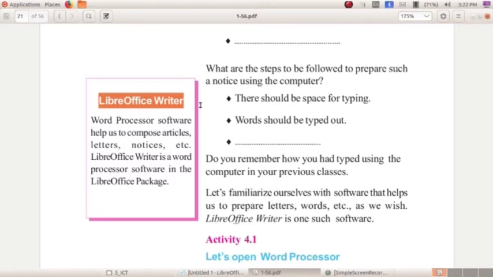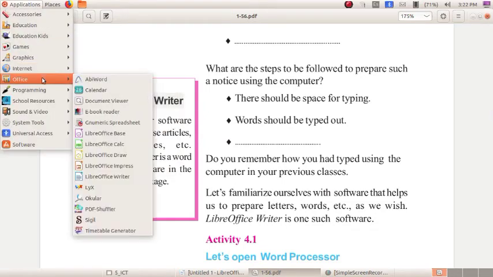Can you say any example of word processor software? Yes, LibreOffice Writer. LibreOffice Writer is a word processor software in the LibreOffice package, which means that if we go to Applications, then we can go for Office.